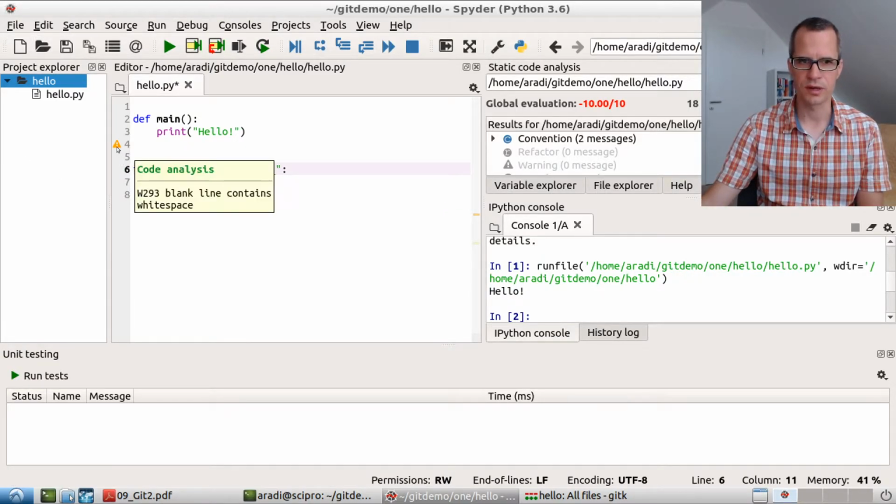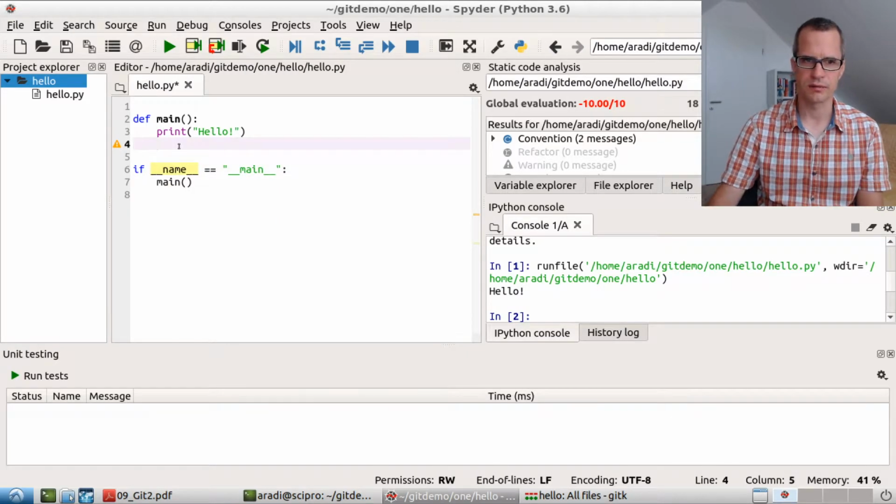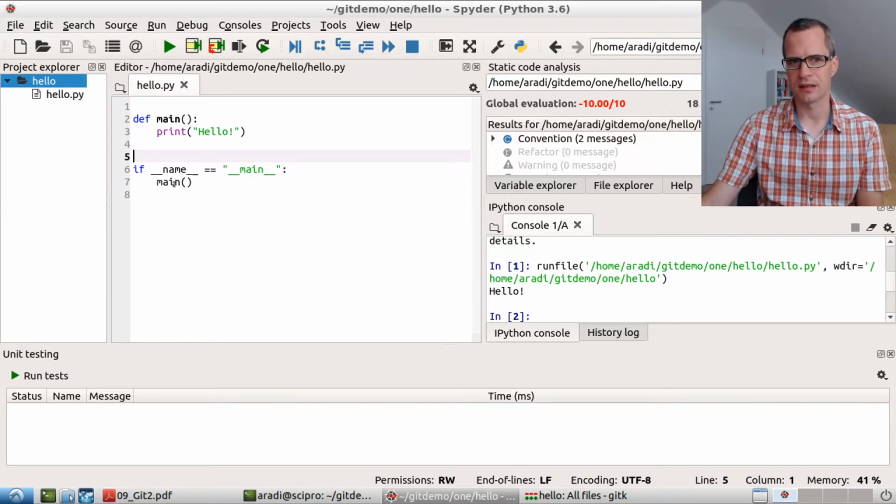So that would be, for example, one possible step in order to clean up this code. Here it says that we have, okay, a blank line contains a white space. That's not the case anymore. Now it looks somewhat better. Of course, the project is still undocumented, but as I said, at least we made some improvement already. And let's say, okay, this improvement is already big enough in this toy project, at least, to be checked in